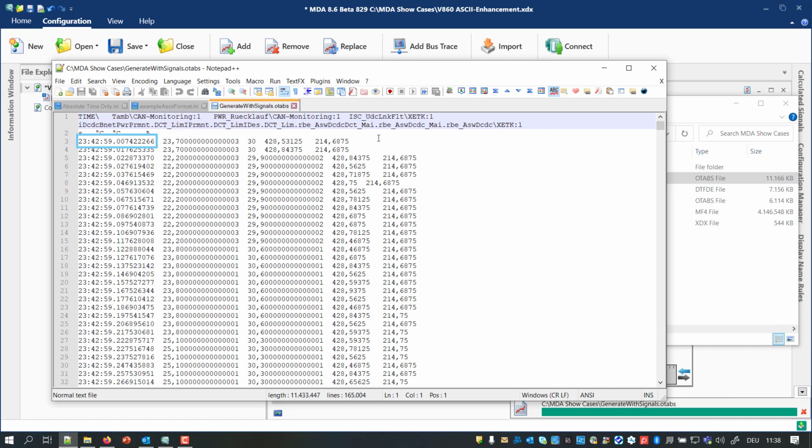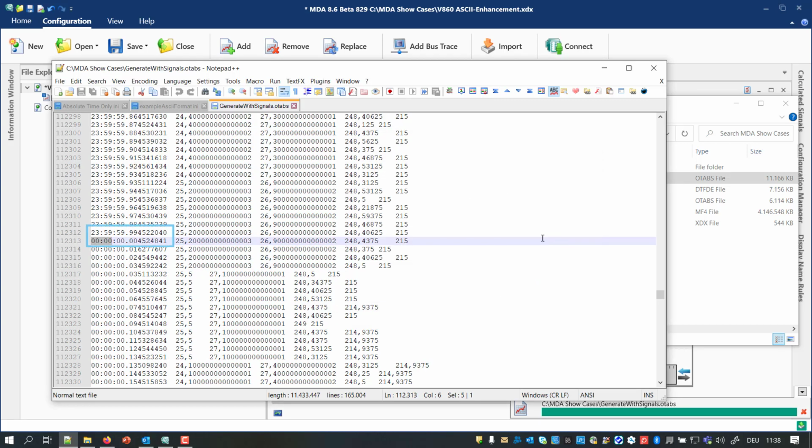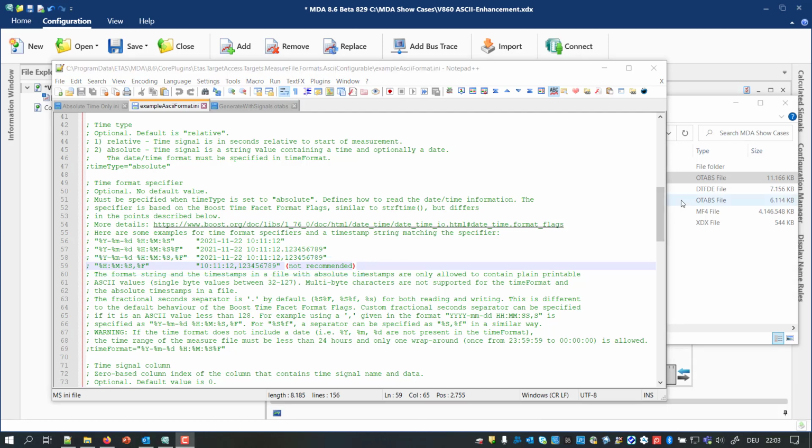The time information is given in hours, minutes, seconds, and fractions of seconds. That the timestamps are absolute can be seen here, where the change happens from 11:59 p.m. to 0 a.m. This step back to 0 causes that similar timestamps can occur. Eventually, this is the reason why such a pure and absolute time channel is not recommended.